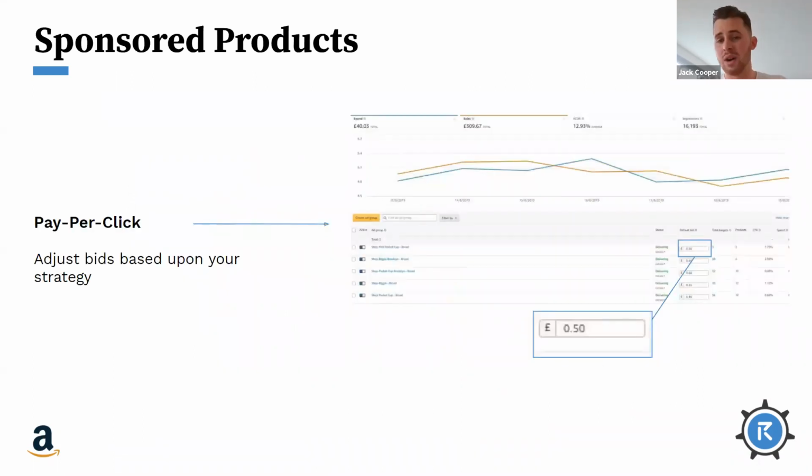How does the advertising work? It's cost per click. So you pay per click. It's very similar to how it would be for Google. The clicks tend to be much cheaper than you'd find on Google ads. So your advertising budget would need to be much less in terms of gathering that data on the channel. But for those that have experience in PPC, imagine Google ads 10 years ago. That's sort of where Amazon is at the moment. So for those that have experience in that space, it should be relatively straightforward as long as you use data to back your campaigns.